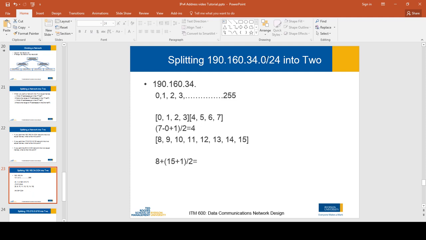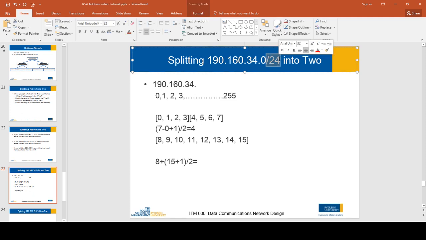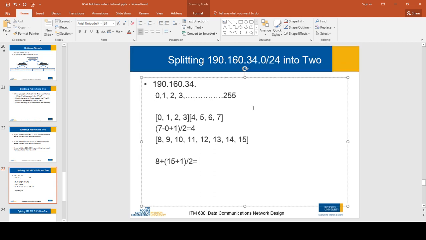Since the subnet mask is /24, that means we have 24 network bits. That gives us 32 minus 24, that means 8 host bits. 32 is the total number of bits, 24 of them are network bits, so there are 8 host bits. If you have 8 host bits, that gives you 2 to the power 8 equals 256 IP addresses, and those IP addresses will be